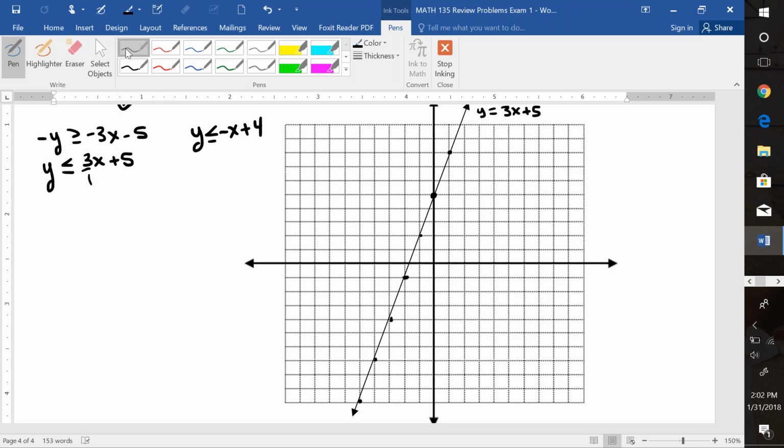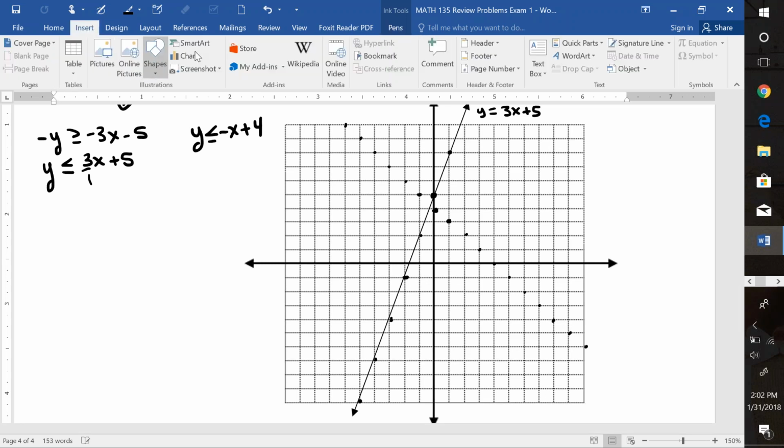And then let's do our next line. Positive 4 is the y-intercept this time. And it is down 1 and right 1, or up 1 and left 1. So that's just a nice 1-by-1 slope in the negative direction, slope-wise. Okay, so if we graph that line, this is what I meant by this one has a nasty intersection